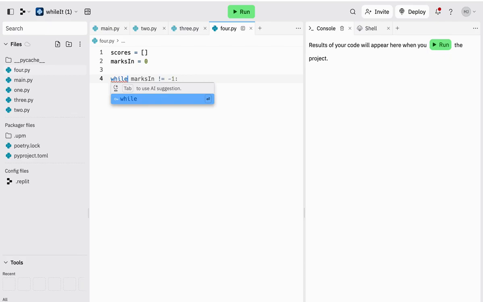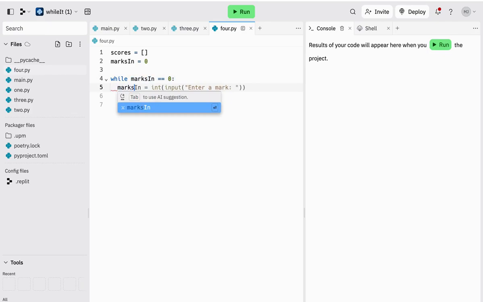Now, as we know, while, okay, it's trying to finish it off for me. Of course, it's not quite right. So I've got while marks in is equal to 0. That'll kick us off because marks in is equal to 0 at the moment. And I don't want to actually enter a mark. This is the editor being smarter than it should be at the moment. So we're going to enter in marks